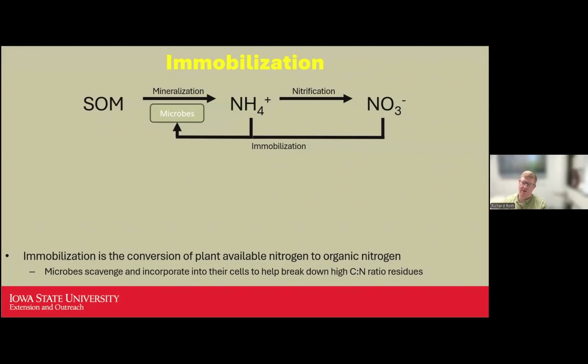And so when these microbes take that nitrate, the NO3, or the ammonium, the NH4, and assimilate it into their cells, basically to help break down these residues, we call that process immobilization. So it's taking plant available nitrogen and storing it in that microbial cell, which is no longer available for crop use. And these mineralization and immobilization processes are highly driven by